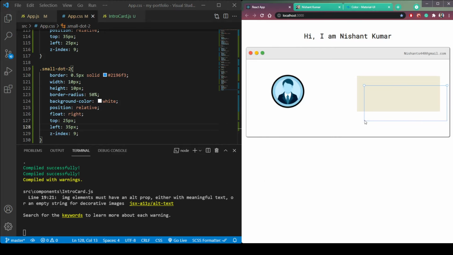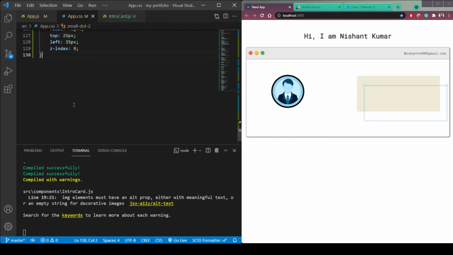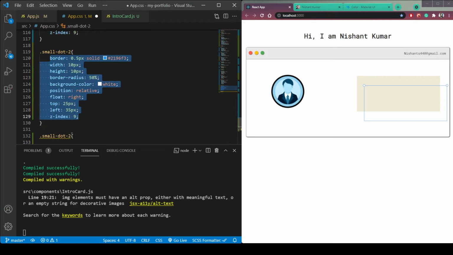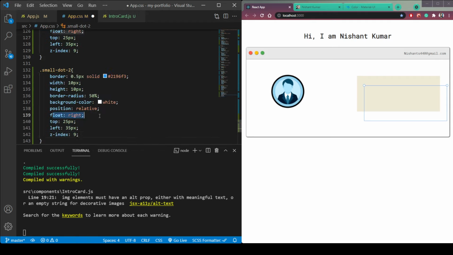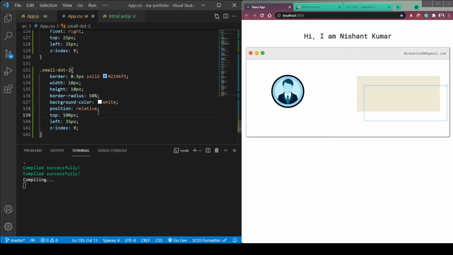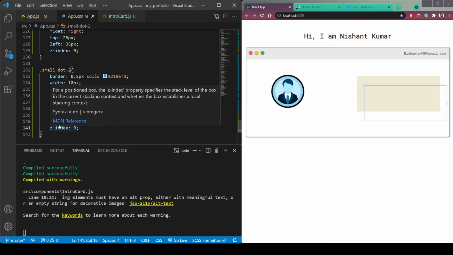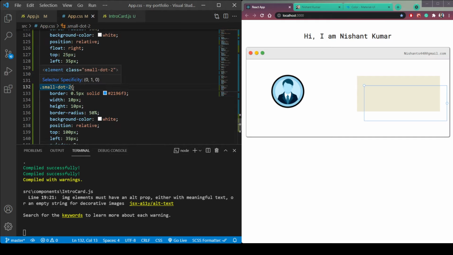Now we need to take care of this bottom left and bottom right dots. So small dot 3, copy this entire thing and just remove this float right and make top, let's say 100. Remove this left, make it small dot 3, not 2.